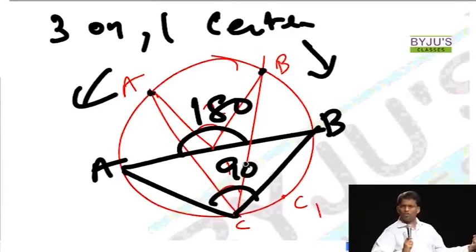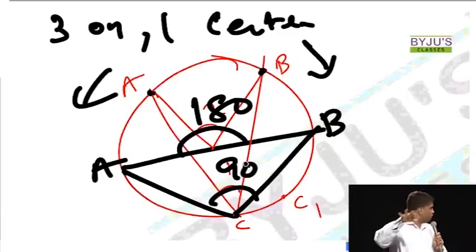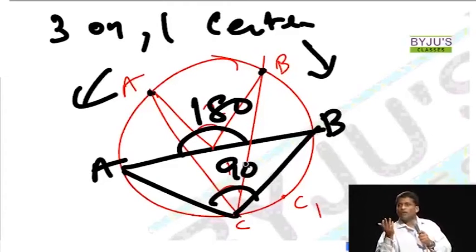You don't need to follow this order. Next class I'll give you a different order. But no, you don't need to wait for that. You can learn 1 to 9, 9 to 1, 5 to 9, back to 1, because they're all interrelated. And all these properties I discussed till now are based on basically a maximum of 4 points. And what is that you can think of? 4 on the circle, 3 on the circle, 1 inside, 3 on the circle, 1 outside.